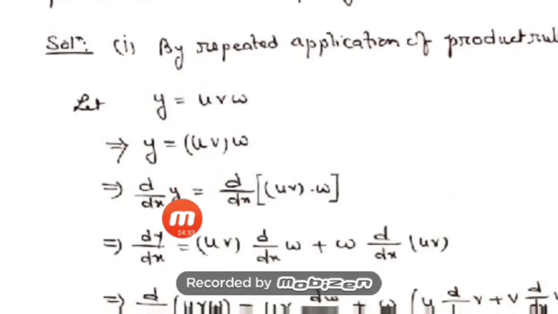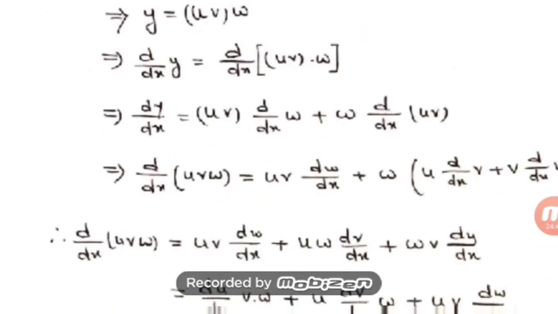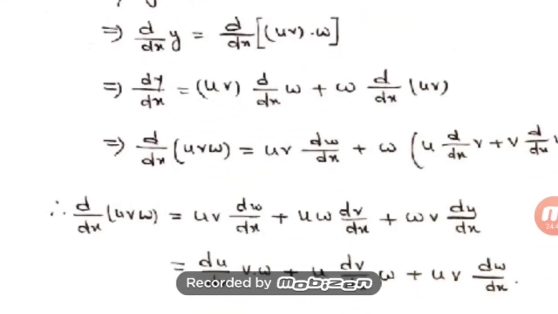So d/dx of y is equal to d/dx of uv into w. uv I just take as one function. So this is the first function uv, d/dx of the second function w, plus w d/dx of the first function uv. Okay, I have applied the product rule one time. Then here dy/dx, the y value I have substituted, uvw, keep it as it is, dw/dx. Here I have to use the product rule again, w is common, using u d/dx of v plus v d/dx of u. A simple direct formula of derivative application.